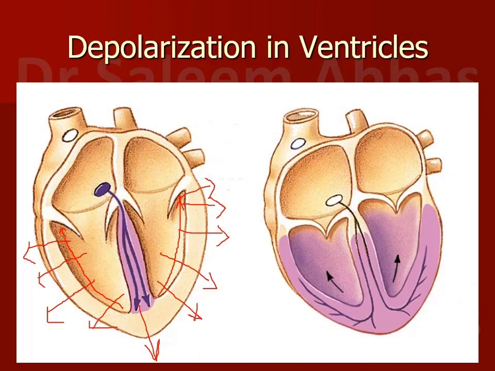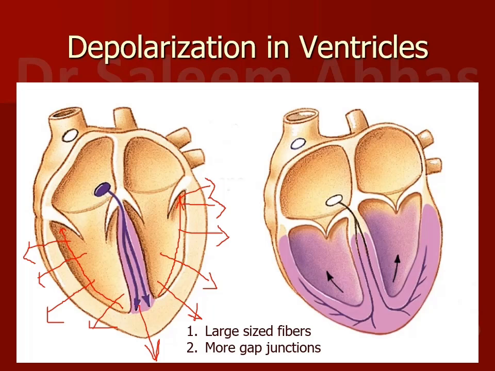But you see, this transmission of impulse through the ventricles takes place through the Purkinje system, okay? And remember that the Purkinje system has very large fibers, with a diameter even larger than the ventricular muscle fibers. The fibers in the Purkinje system have very large diameters, okay? Because of that, the resistance to flow of ions is very low in the Purkinje fibers, number one. And secondly, the number of gap junctions is much higher than in any other part of the heart. So because of these two reasons, the large diameters and more gap junctions, this impulse